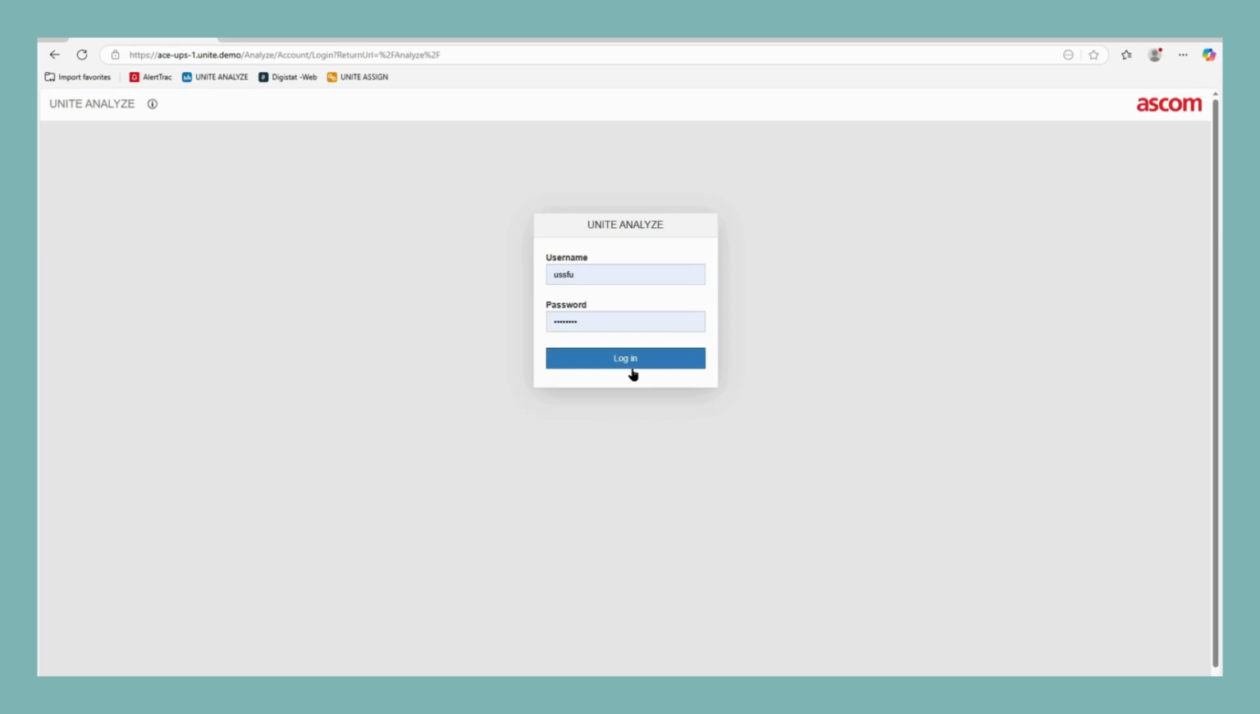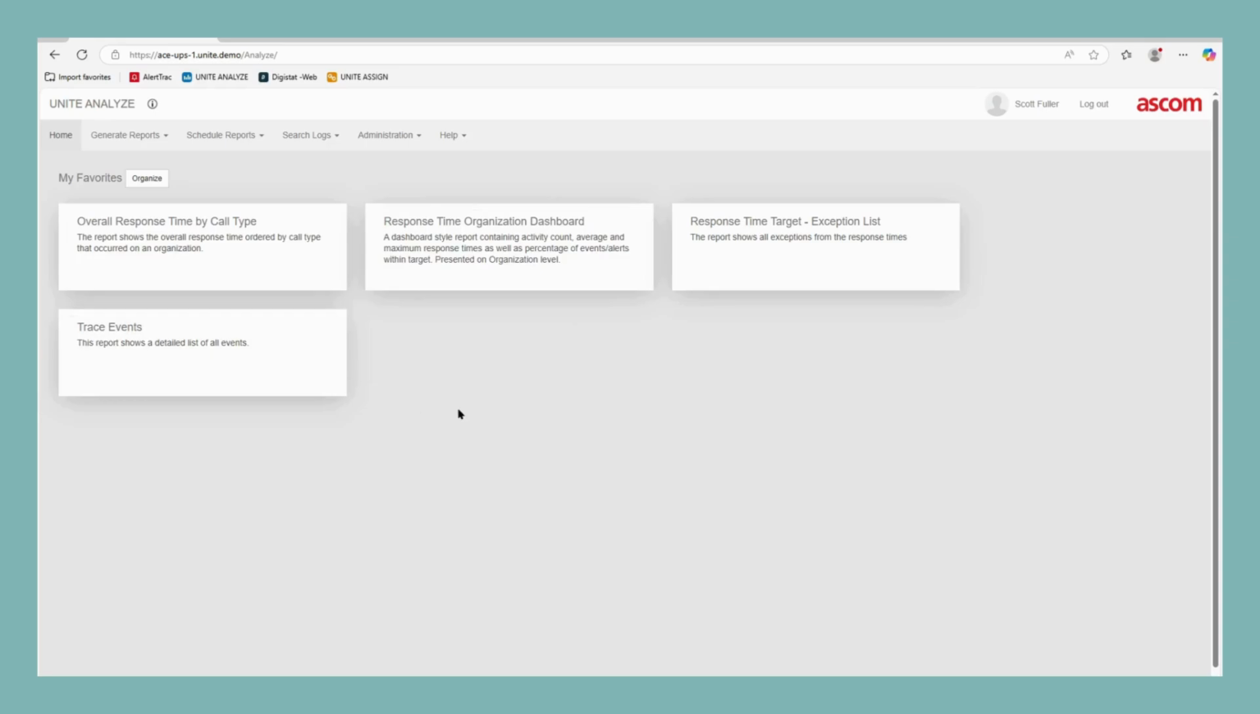Today we're going to go over Ascom reporting, also known as Unite Analyze. This is intended for nurse leaders at your hospital to view your nurse call analytics. You'll get to this application using a URL and you'll log in with a username and a password. Once you're logged in, you're taken to the home screen and then you can see the reports that are important